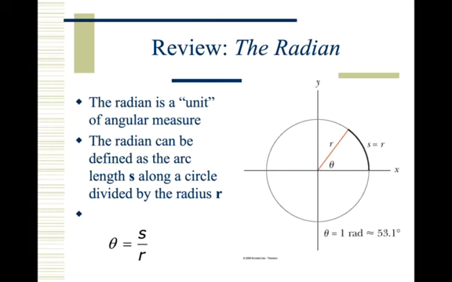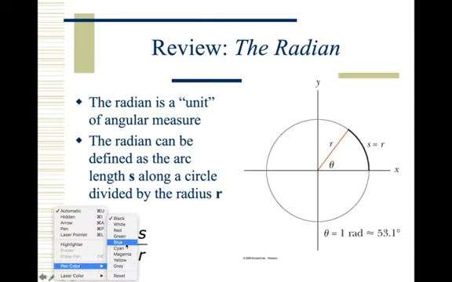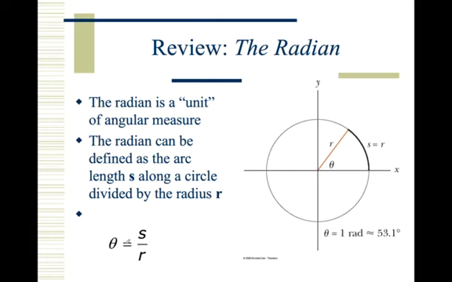Quick review. Remember radians? A radian is just a unit of angular measurement. It's defined, you might remember from math class, as the arc length divided by the radius. And it's pretty straightforward. So if you want to figure out what this angle over here is, you would simply take the length of this arc in meters, whatever it is. You might say, okay, the arc length is